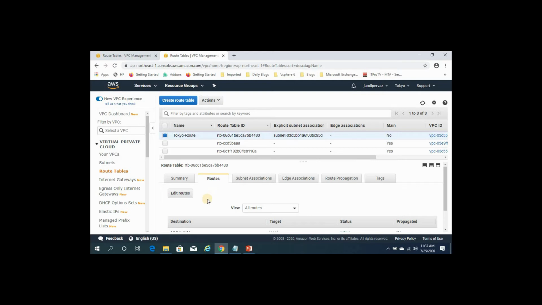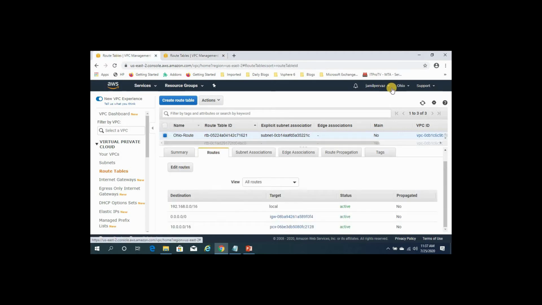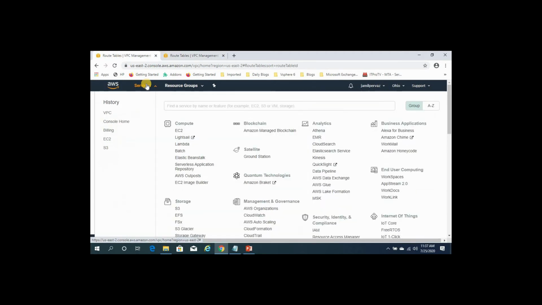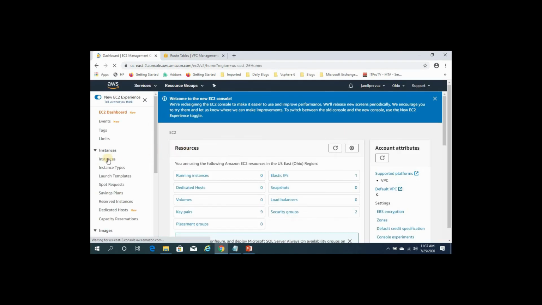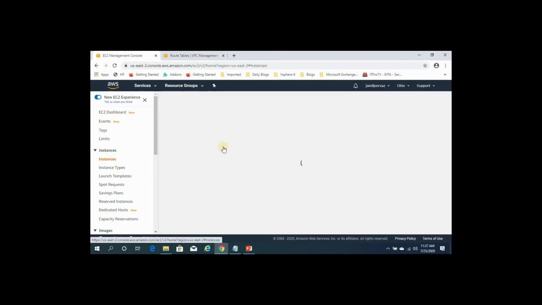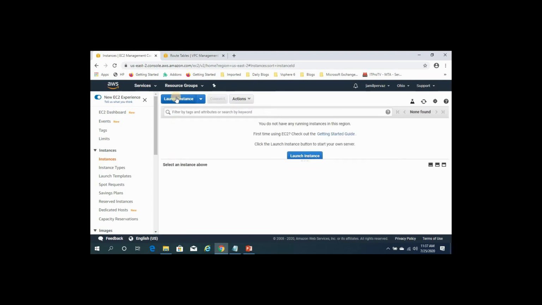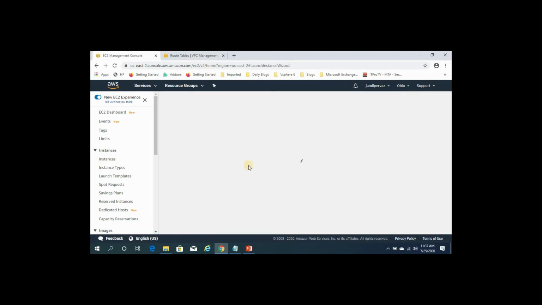So next step is we need to create EC2 instances. One is in the Ohio region and one is in the Tokyo region. So let's go back to the Ohio region, select services, under compute select EC2, click on instances, click launch instances.